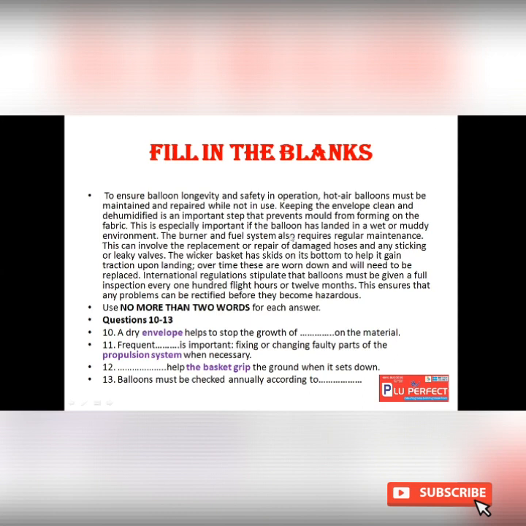Then always keep in mind, always read the instruction. Very important, because sometimes you're very close to the answer, you're reading at the right location, you've got the answers also, but since you have not read the instruction properly, you happen to write three words or four words, and then obviously you will not get bands for it. Because you're not supposed to exceed more than the given words. So here you're not supposed to exceed more than two words. So your answers could be in one word or two words, but not beyond that.